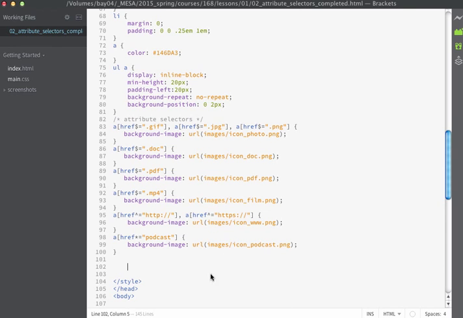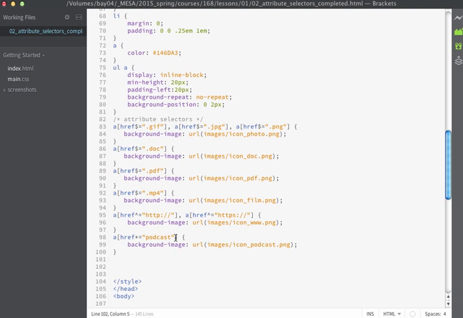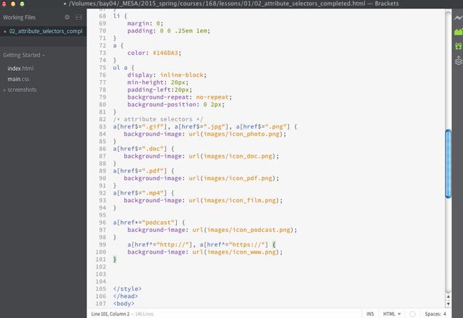And if I save now and we refresh in the browser, any of these links that contain the word podcast within them are going to show my little podcast link. So even though the first criteria was met, it still started with http. Now I have another rule that follows it, and since it now meets this criteria, it's going to overwrite that other one. Here the order is important, so if I flip-flopped the order of these two rules and saved my page and we looked at it in the browser,